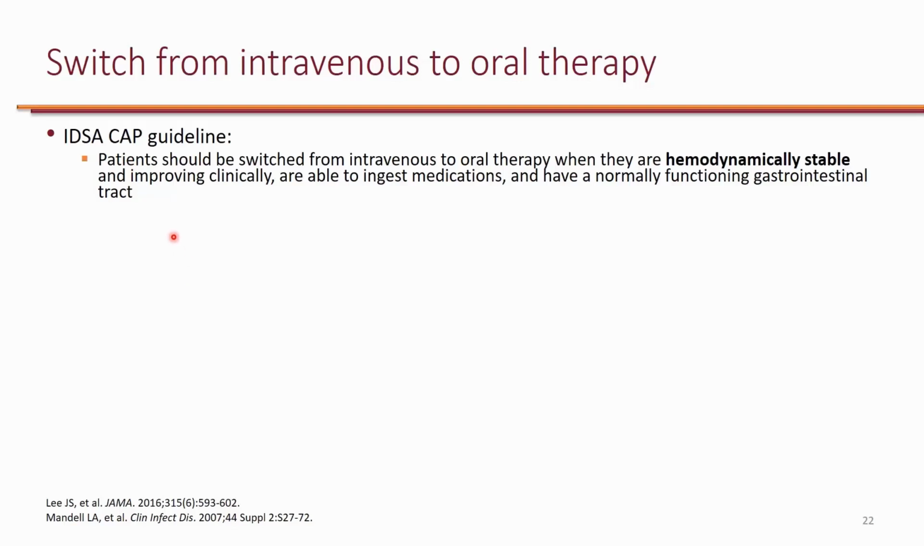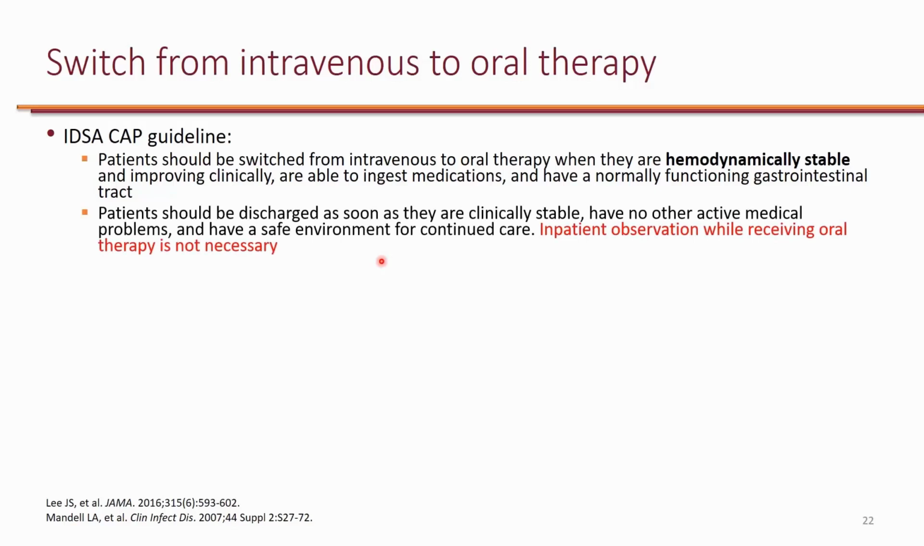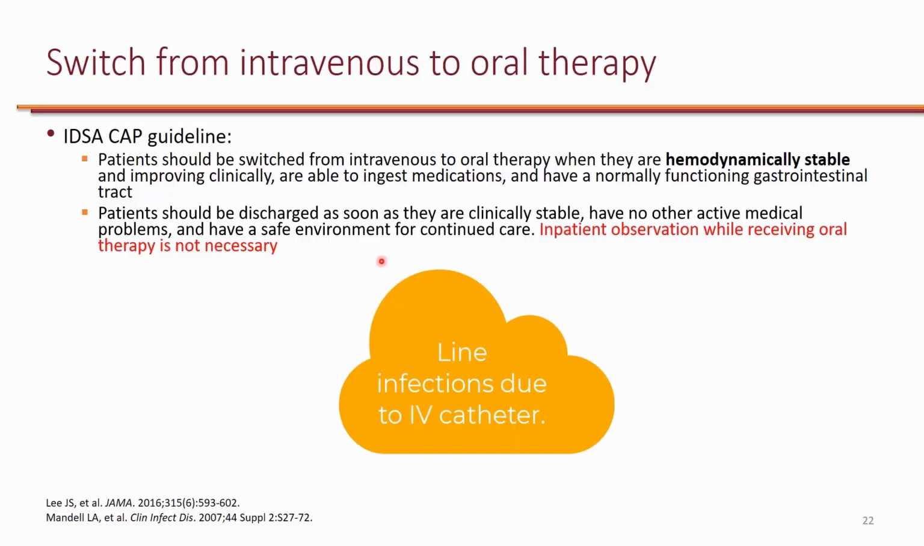Based on IDSA, patients who are hemodynamically stable and clinically improving can be switched from IV to PO as long as they are able to tolerate oral therapy. Another thing to consider is to make sure that the GI tract is also functional. And we can apply some of these principles to patients with nosocomial pneumonia. The reason we want to switch patients from IV to PO as soon as possible, when they can tolerate it, is, first of all, to make sure that we don't introduce any line infections,